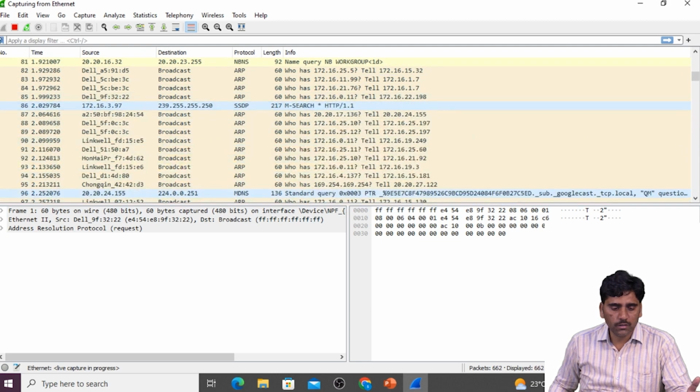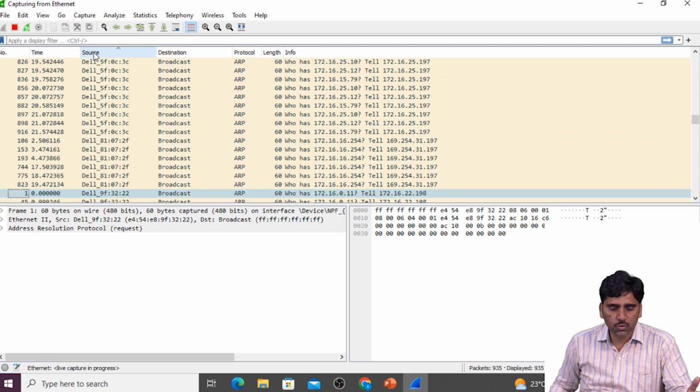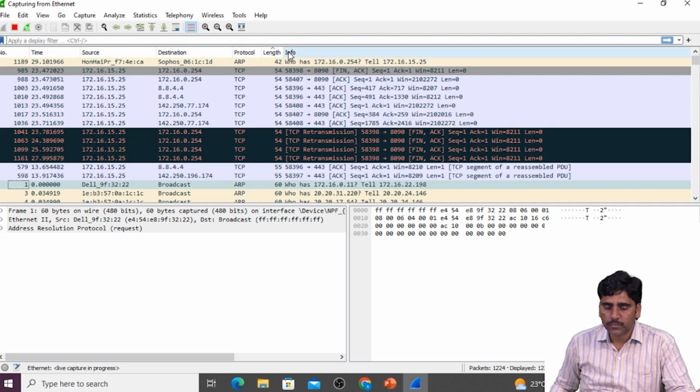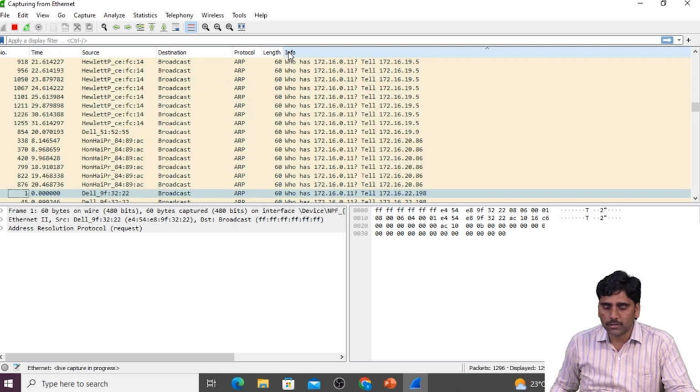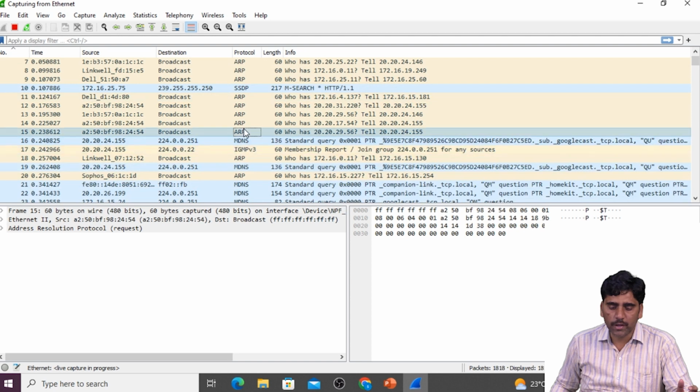Here, the first column is the packet number, and the time, and the source of the packet, the destination of the packet, the protocol which you are using for the transmission of the data, the packet length, and the information about the packet. All the details will be captured in a live manner. If you want to select any of the packets,